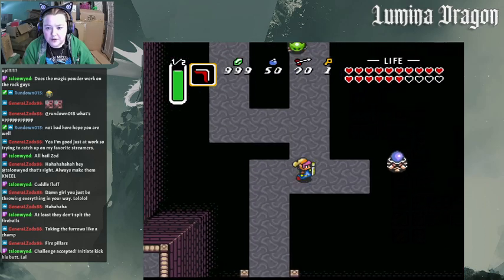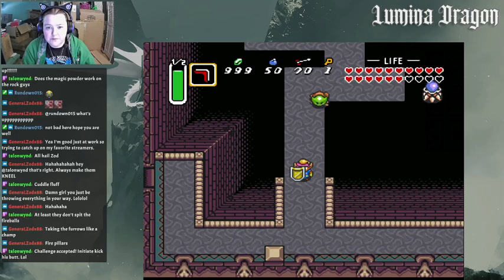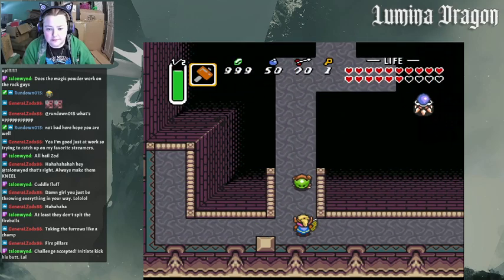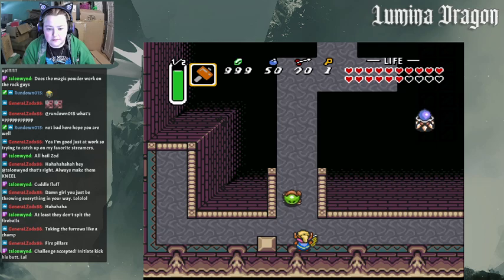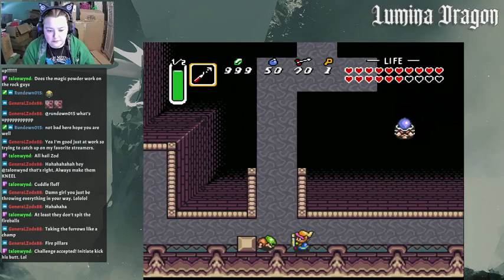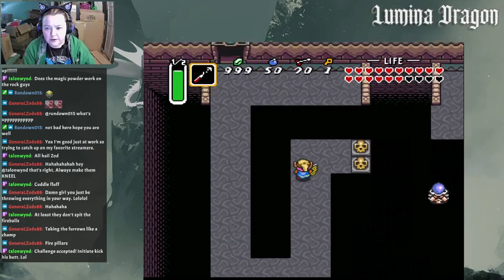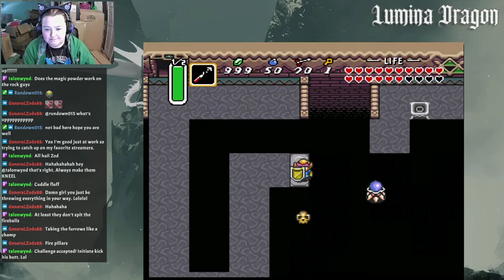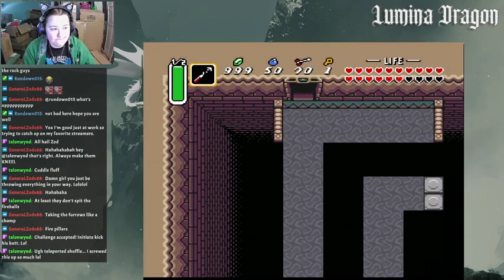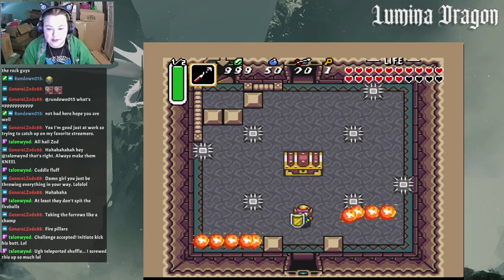So again, this is one of the ones that's kind of like in the cave before that have invisible platforms. But given how the emulator works, you can kind of see where the blocks already are. Yeah, I don't have the big key yet, so...